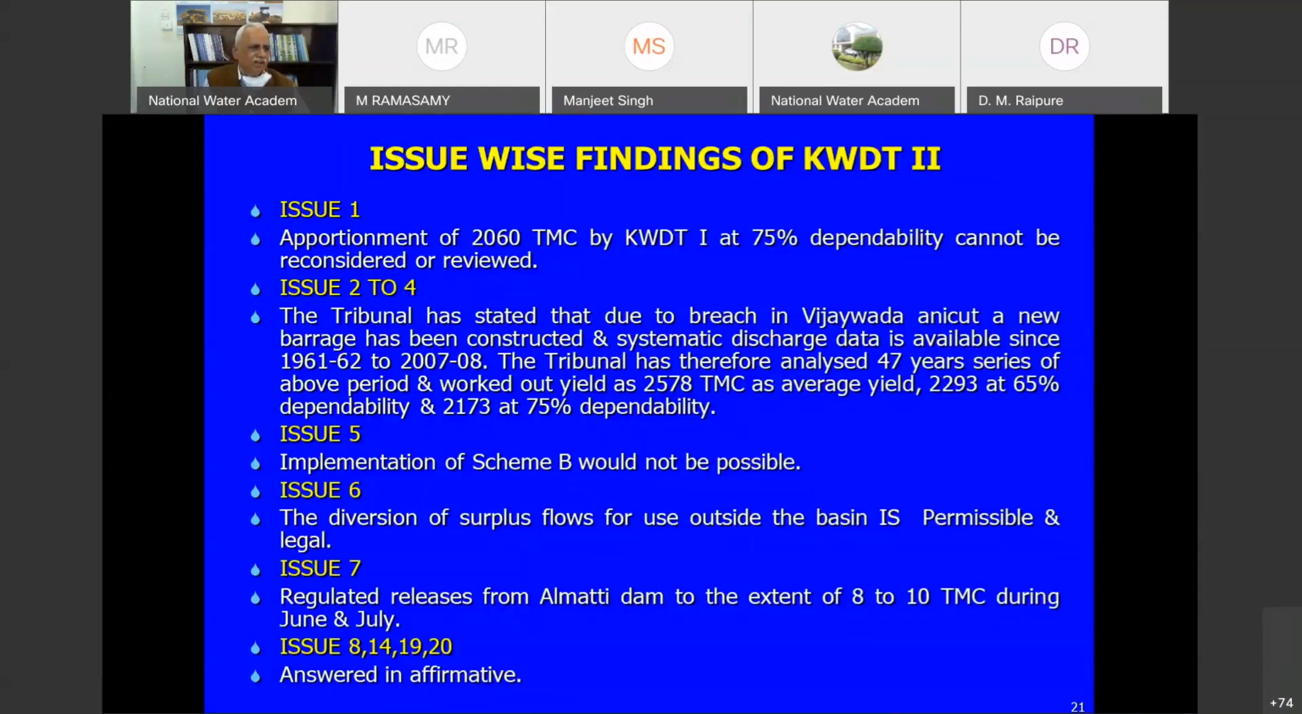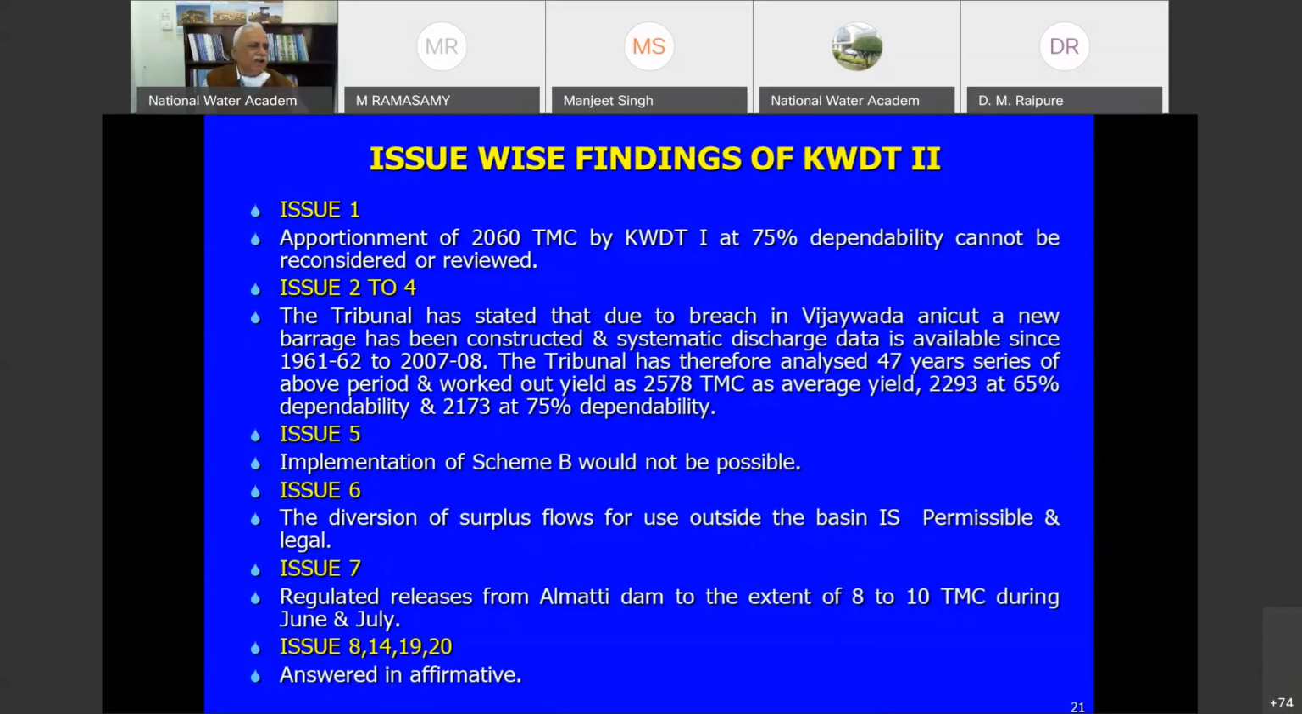Having heard the pleadings and arguments, the tribunal has finally given its directives on issue number 1. The tribunal has ruled that the apportionment of 2060 TMC by KWDT 1 at 75% dependability cannot be reconsidered or reviewed. So this decision is the outcome of the proviso to section 4